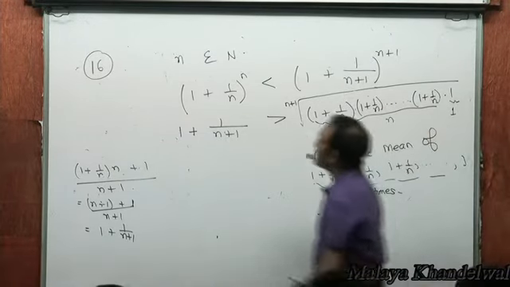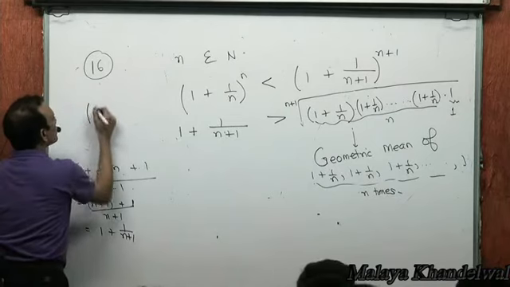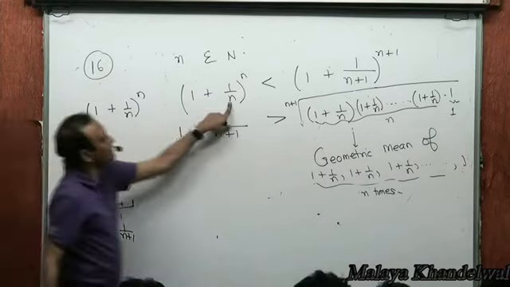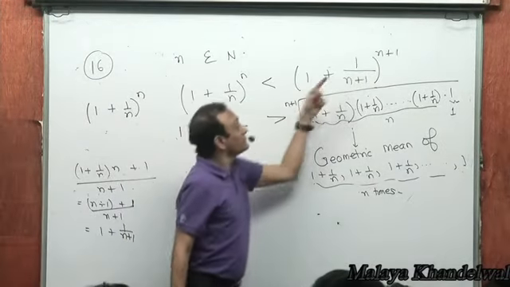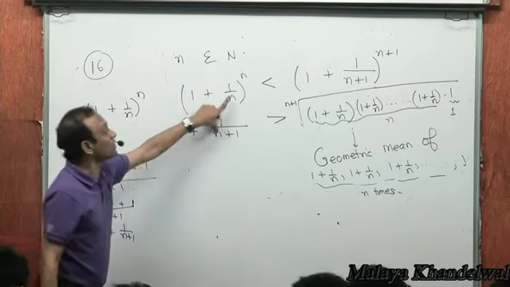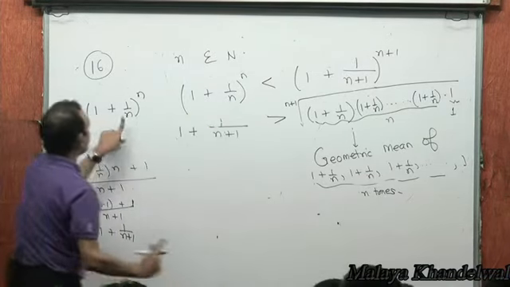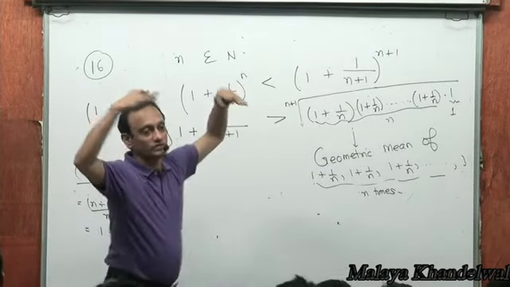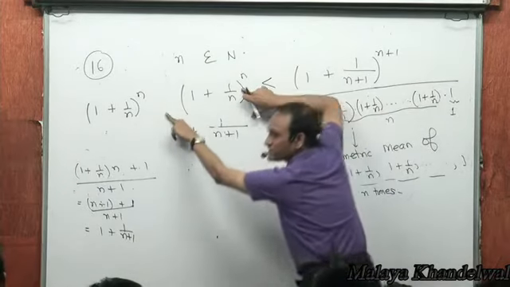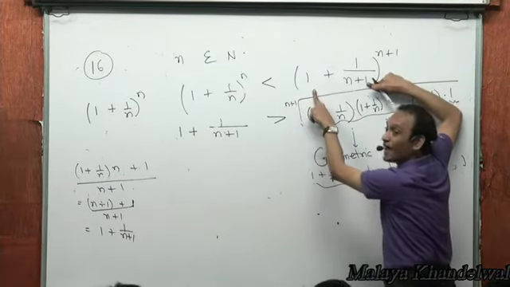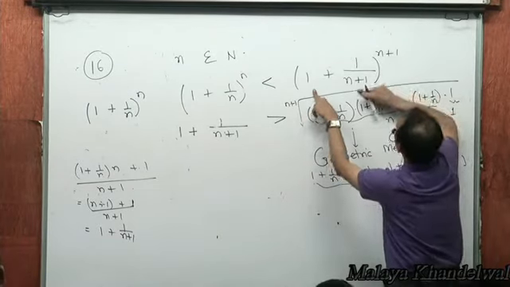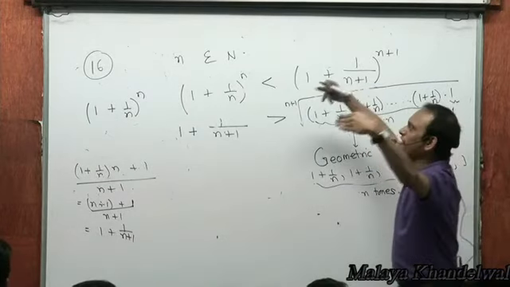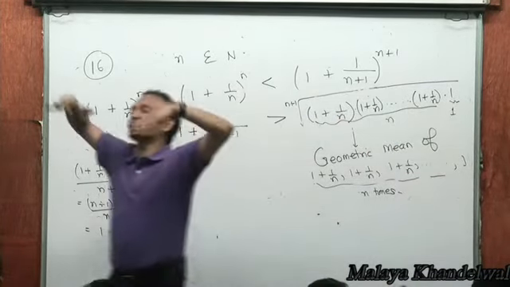That means, if I have an expression like this, 1 plus 1 by n whole to the power n, and you increase n, in this case n is increased to n plus 1, the right hand side is the same as the left hand side, except that instead of n, you have n plus 1. That means if you have increased n, then the expression increases in value, isn't it? N becomes n plus 1. That means when n is increased, the value of this expression will increase. Therefore, 1 plus 1 by n to the power n increases as n increases.